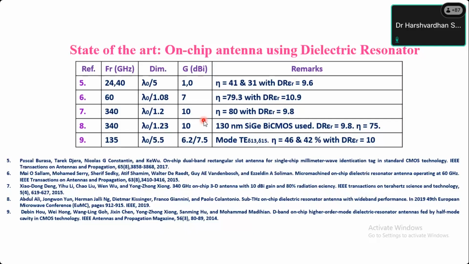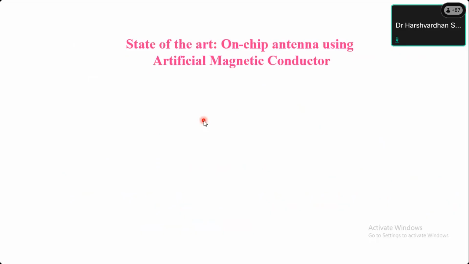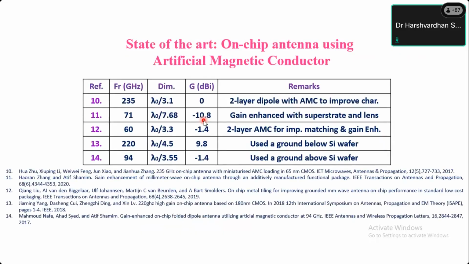Now, that is one technique, DRA. Another technique reported for this is AMC, artificial magnetic conductors, where we can use any of the metal layers we have seen in the CMOS structure to improve the gain of the antenna by reflecting at a particular resonant frequency. The AMC works as a reflector, and instead of the EM wave going toward the silicon substrate, it starts going toward the